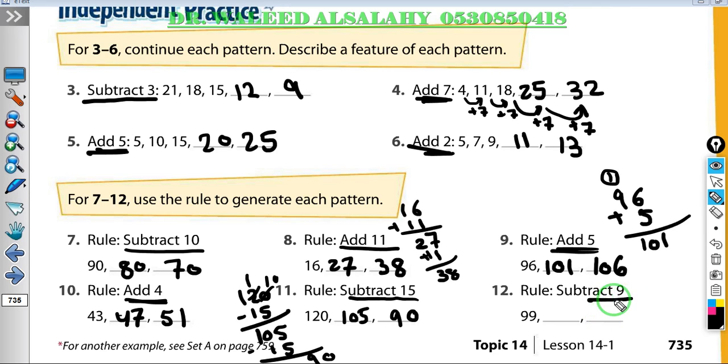He said subtract 9. 99 minus 9, it's 90. Minus 9, it's 81. So, easy lesson. We can add numbers, subtract numbers, but by sequence. Sequence means the pattern must continue forever. Till forever, teacher. If you want to get 100 numbers, we can get subtracting or adding, or there is multiplication and division, but you will take it inshallah in grade